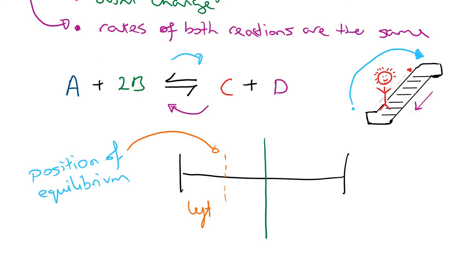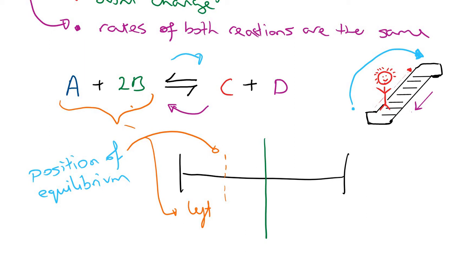But if, let's say, my position of equilibrium lies over here to the left, that basically means this person here in the travelator or the escalator is pretty far down. Okay, so he's not quite up the top, or she is not quite up the top. They're about a third of the way up, let's just say. So this means the position of equilibrium is over to the left. This effectively means that there's more A and 2B. If it's over to the left, then there's going to be more